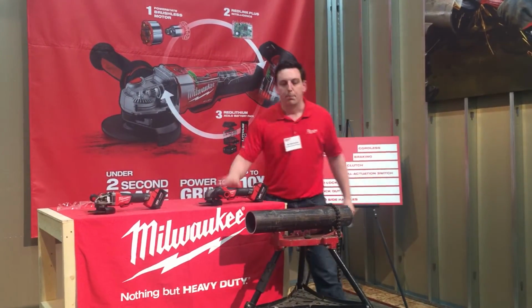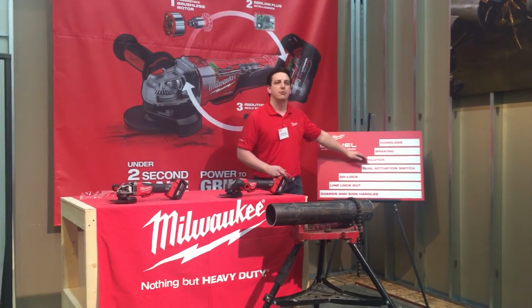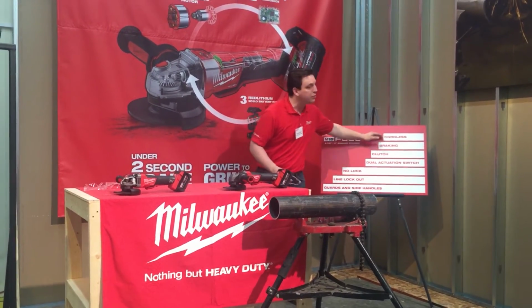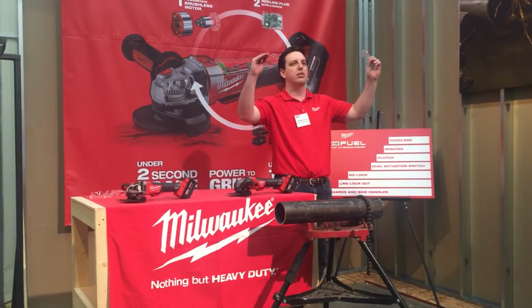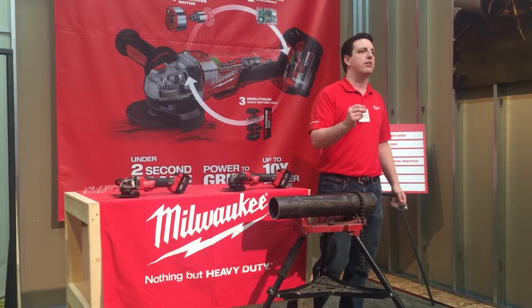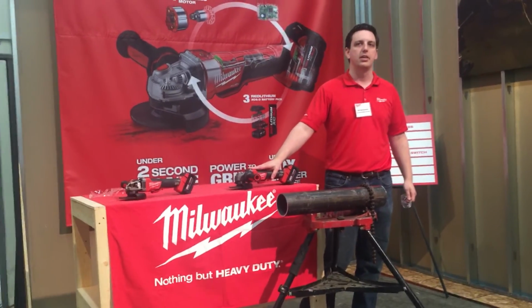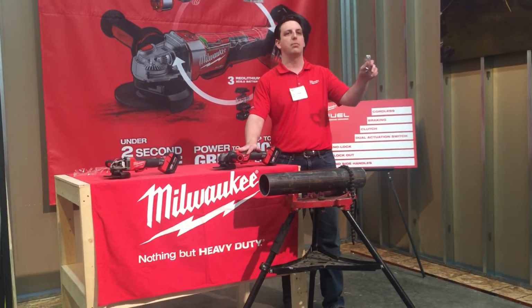So you take braking as a solution, all of these other pieces that safety directors are requiring and are asking for across the country, and then you get rid of that common tripping hazard in the cord. You take it one step further, and you really have the next logical evolutionary step in grinders right here with the M18 fuel braking grinder. Does anybody have any questions or want to get their hands on the tool? I know we've only got a couple minutes, but...